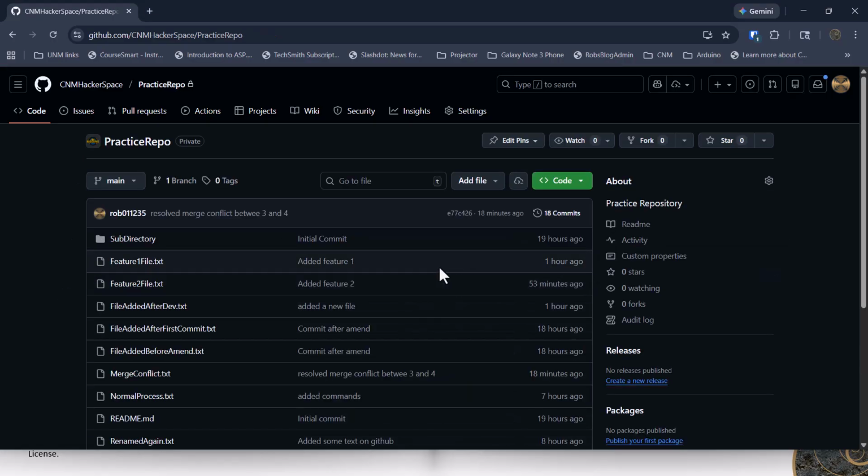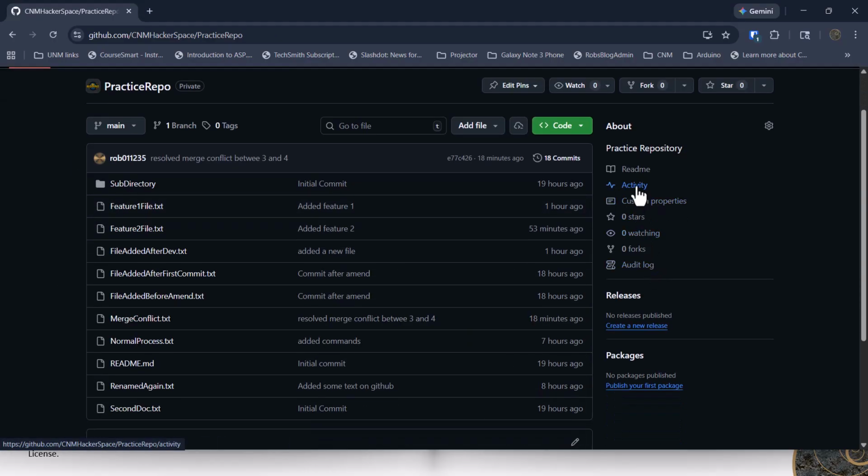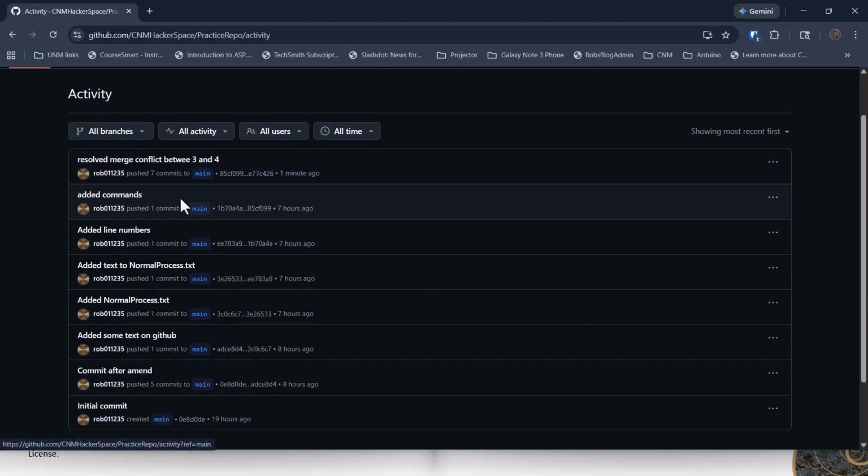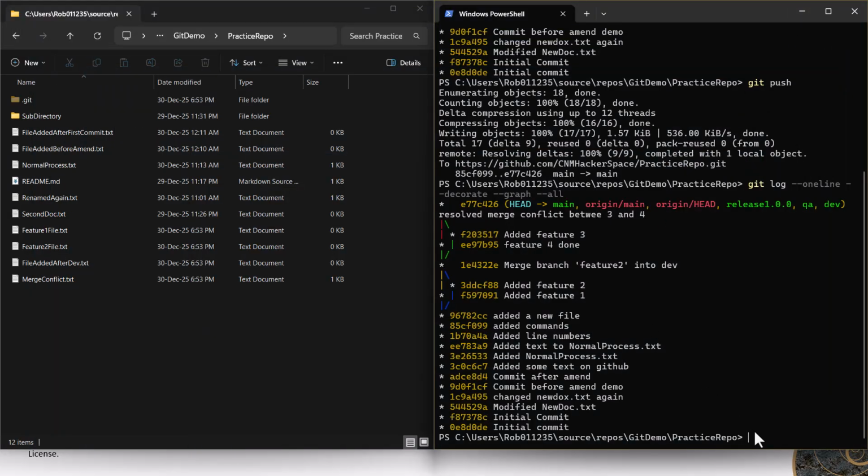But what we do have is, let's look at activity. Yeah, we have all of these changes that we've done on the main branch. We would have to actually